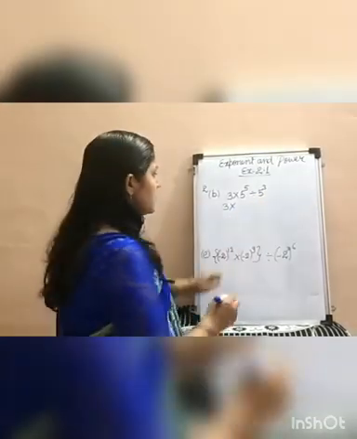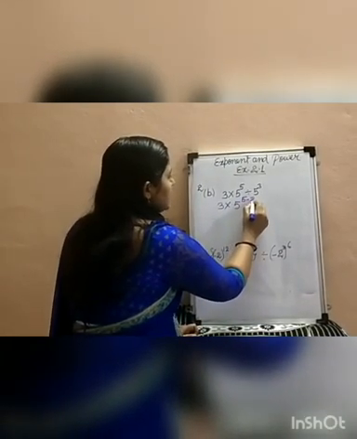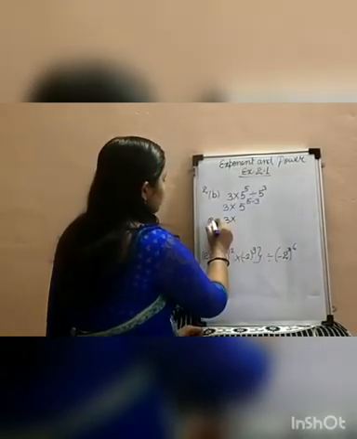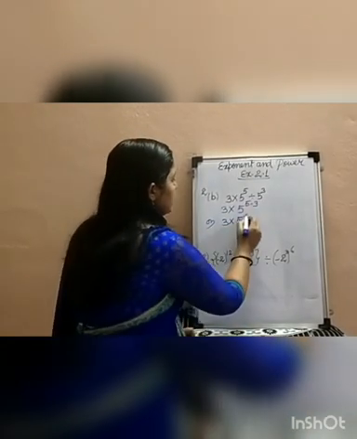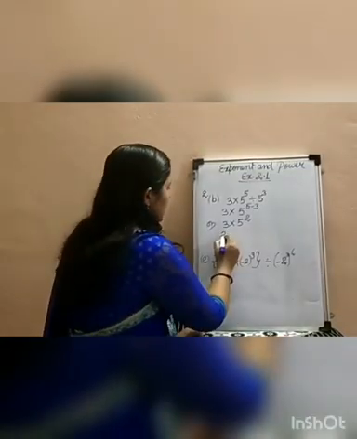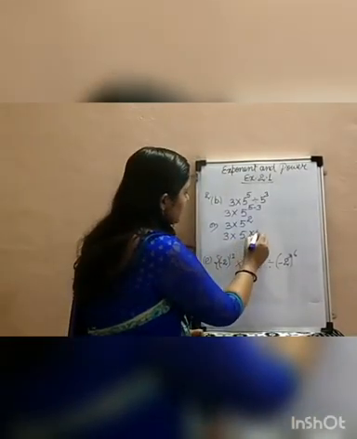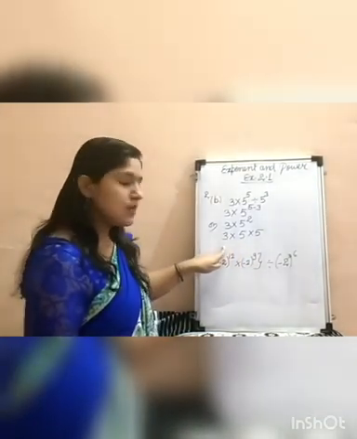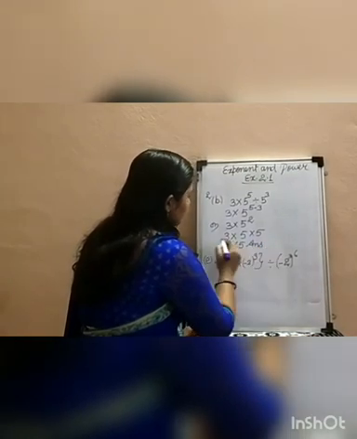Here is a division sign. So we can write base 5, exponent 5 minus 3. So 3 into 5. When we subtract 5 and 3, it will be 2. 5 raised to the power 2. We can write it 3, 5, 2 times multiply 5 into 5. 5 5s are 25 and 25 3s are 75. So your answer will be 75.